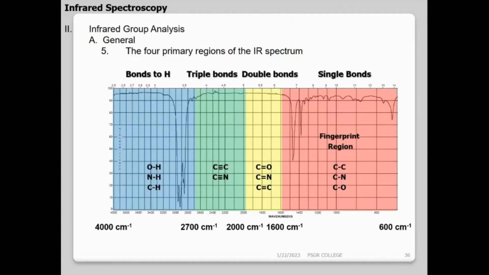Okay. So try to take a snapshot of this and keep it with you, in your phone. Very important slide, if you know IR. That's all. So I divide the IR spectrum into four regions. All primary colors I'm using: blue, green, yellow, red. Okay?